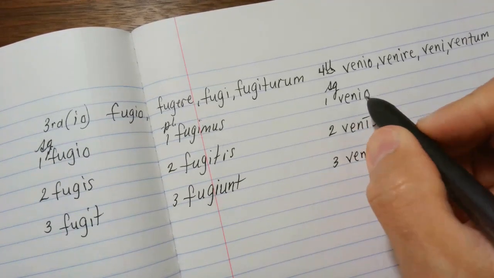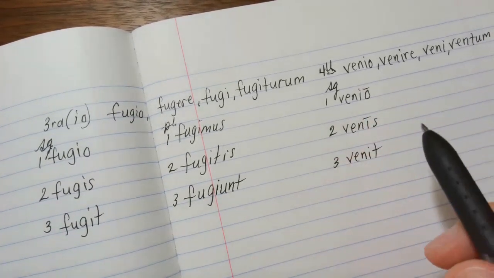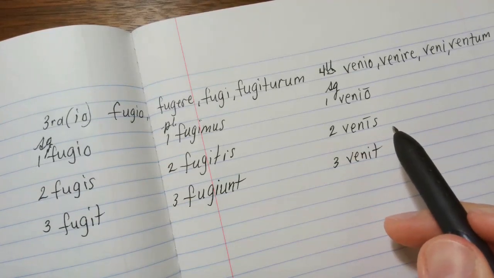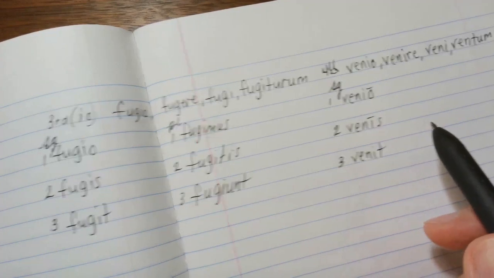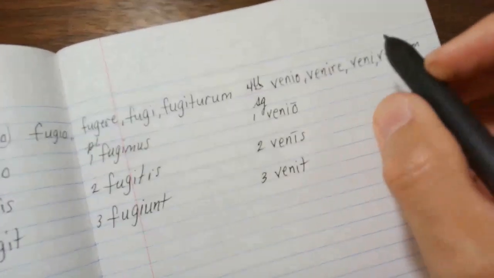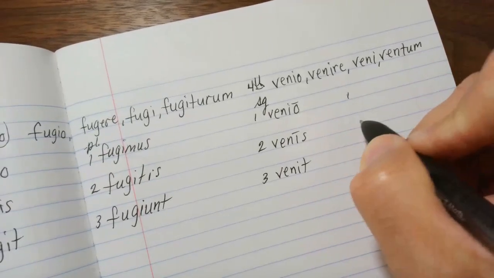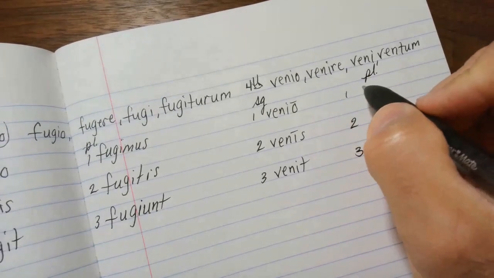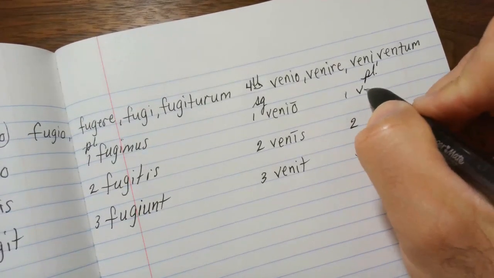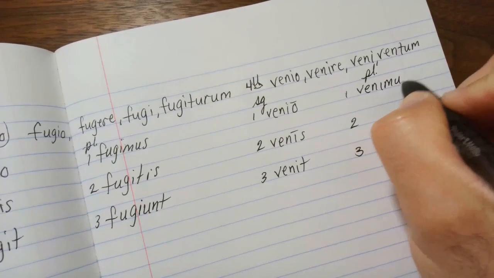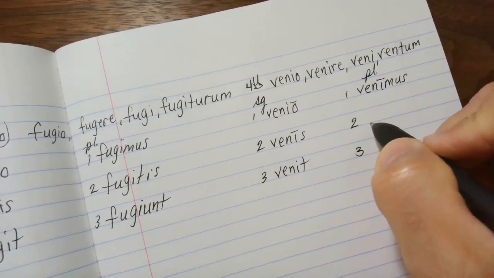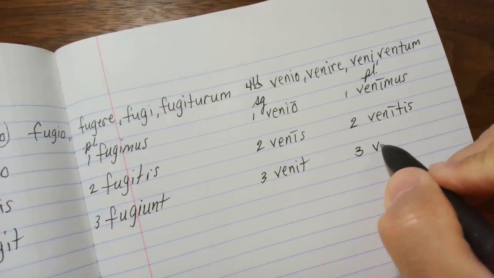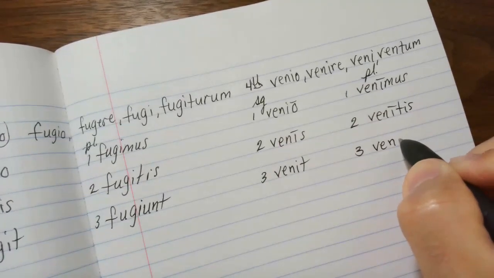It's short here because of that emphasis on that personal O, but the I is going to be strong where it's not under the influence of vowel evolution or whatnot. All right, phonetic shifts. So now we have first person, second person, third person, plural. Okay, and now we're going to have venimus, long I. And we're going to have venitis, long I, and now we're going to have veniunt,